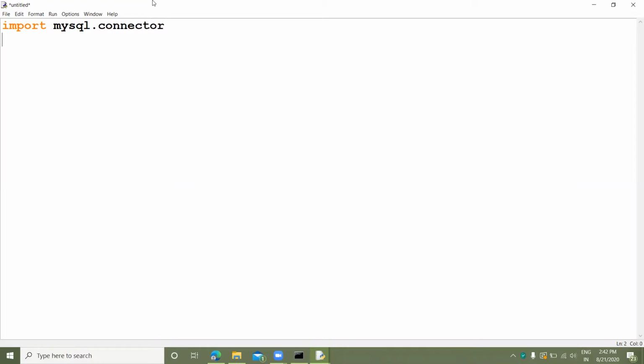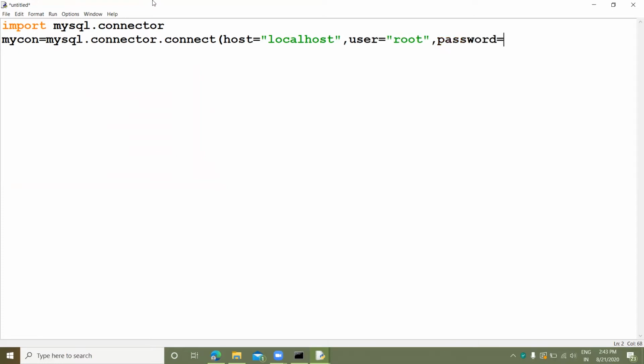So first we will take the object, my connection, mycon, equals mysql.connector.connect. So host is equal to localhost, user is equal to root, and password is equal to 1234. It's my password.